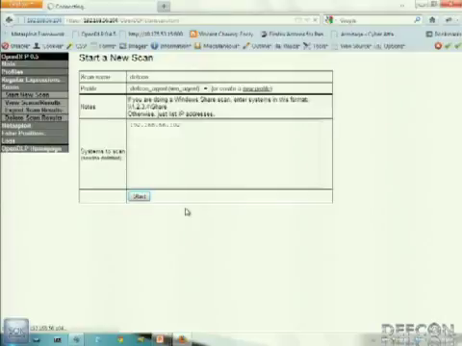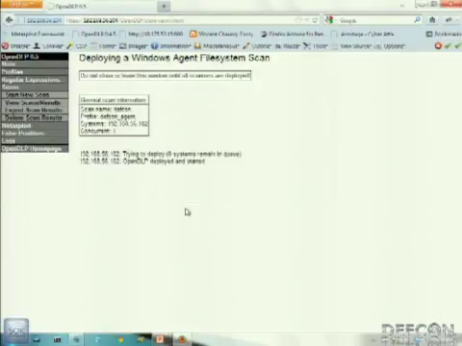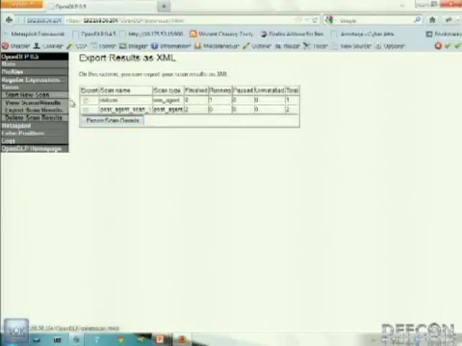So now in the background, what it's doing is it's pushing all these files over SMB to the Windows system that we want to scan. And it's going to start that off as a service, and it's going to run at low priority. It's going to limit itself to a percentage of that target system's memory. So it's not going to totally destroy and crush the box when you're scanning it. Every so often, it's going to call back to the web app with results over a two-way trusted SSL connection, so you can securely transmit results. And this should quickly